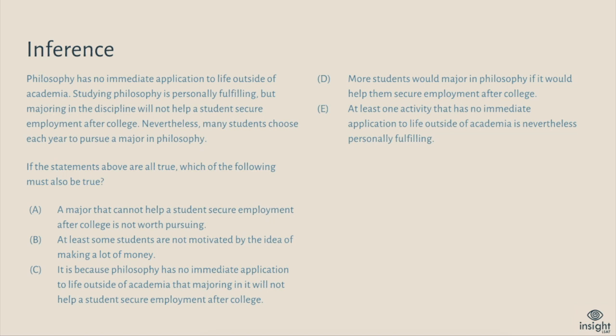But where they differ is that the necessary assumption questions asked you to find an answer that needed to be true in order for the argument in the blurb to work. Whereas in an inference question, the blurb is going to be fine already. You just need to find something that is going to be true following that argument that's already fine. So you should be thinking about inference questions as you're looking for something that's supported by or following logically what you've said so far in the blurb. And you can use a modified "so" test for the answers. You can read through the blurb and then say "so," and then try an answer choice and see if it